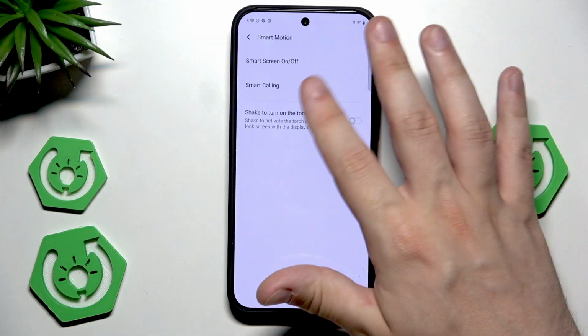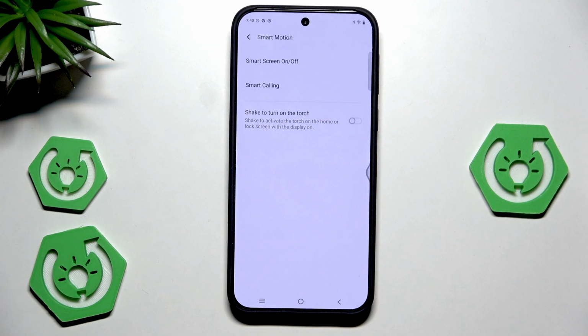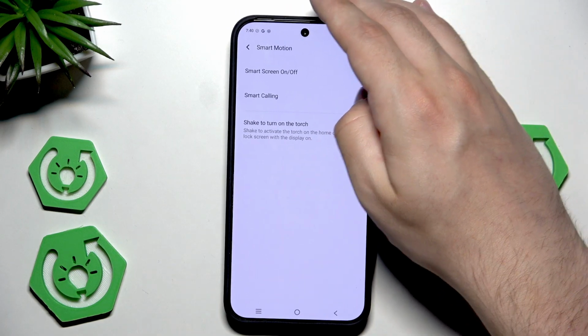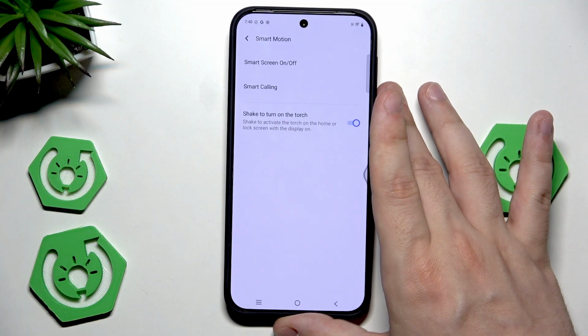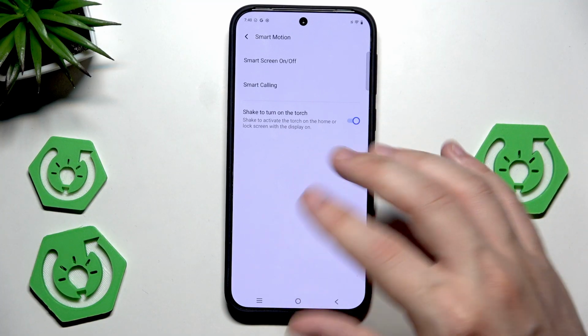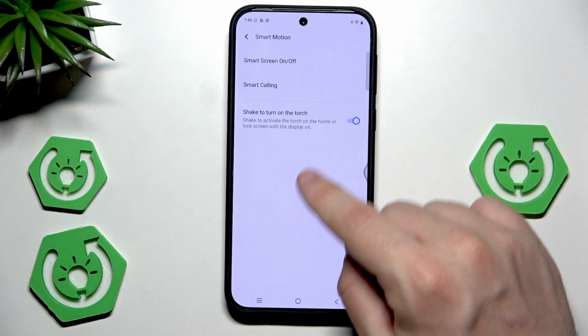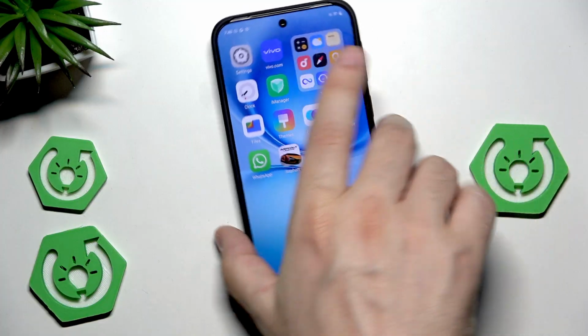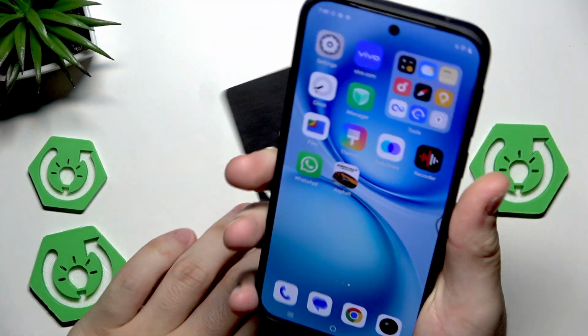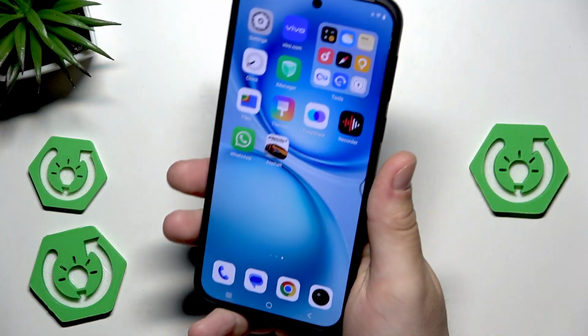Oh, there was one thing. Okay, we have also shake to turn on the torch. It is a pretty cool feature also, because we don't need to unlock the phone to open up the torch. We can simply use that feature. But we need to be on the home screen. So now when I shake this device, the torch should launch,